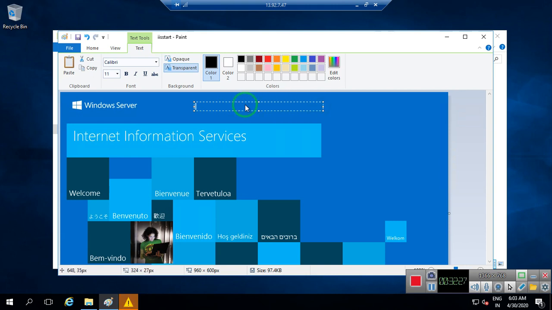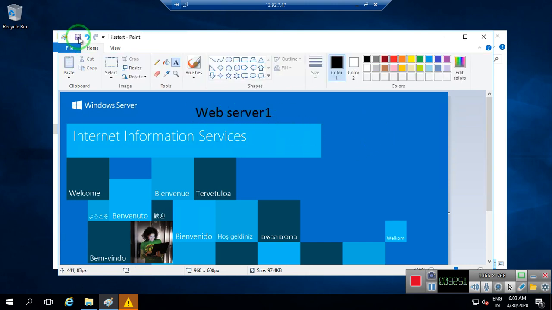So right over there, this is my web server 1. As you can see, this page is my web server 1 page. I save this page now.